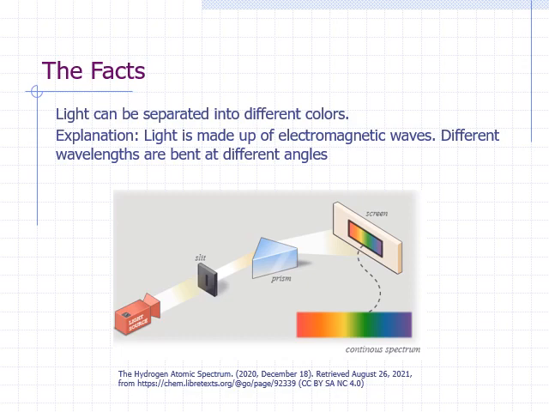Here's a light source. Part of it is passed through a slit, then the light is bent as it goes through a prism. Waves with wavelength that we perceive as red get bent this way. Waves with wavelength that we perceive as yellow get bent more, and waves with wavelength that we perceive as violet get bent even more.